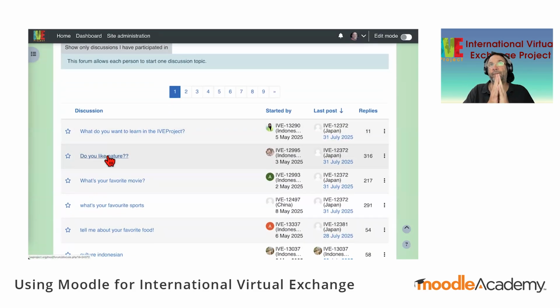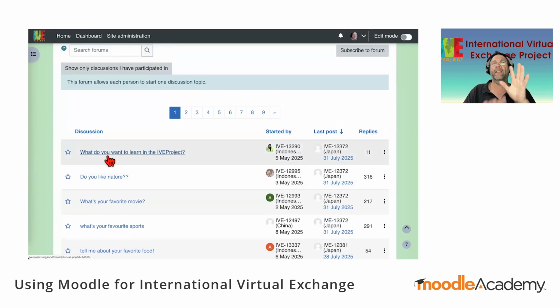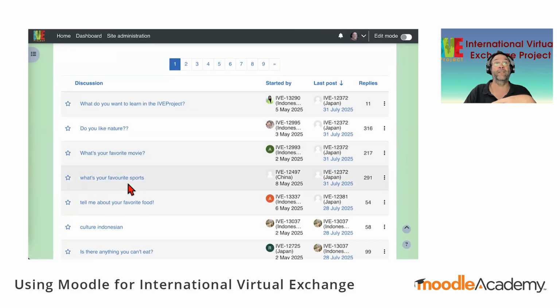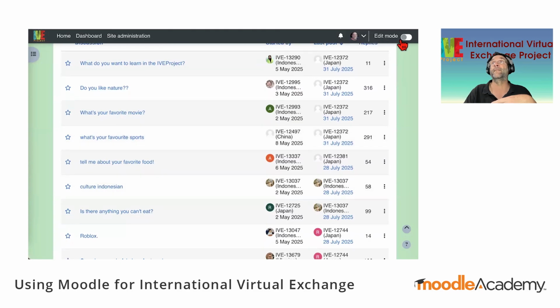They come to the forum and they can create a post and then people reply to it. Now this, for a language learning student, is brilliant. This is what we want students to be doing, using the languages that they are studying in real-world interactions. Now this first interaction, you want it to be a gentle one, and this is of a very gentle nature. Do you like nature? What's your favorite movie? What's your favorite sport, etc.? You can see that the questions are not too difficult. Let's find out about each other. That's the whole crux of the thing.